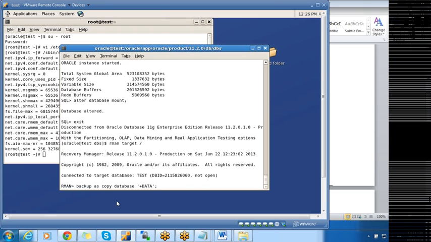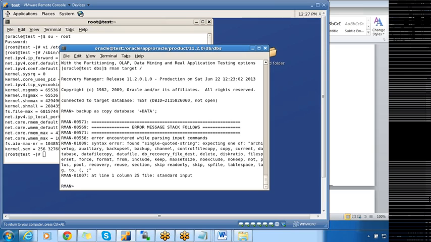Now what I'm doing is backup as copy database format plus data. This means it is copying the files from the local file system to data as a backup. I'm copying them to plus data.